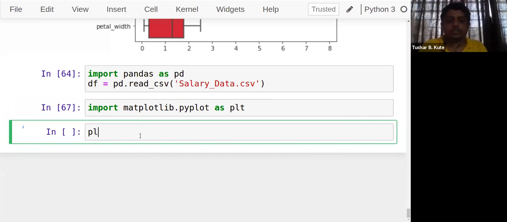And see this, plt.scatter, df of, on the y-axis we have years experience, and on the x-axis we have salary.